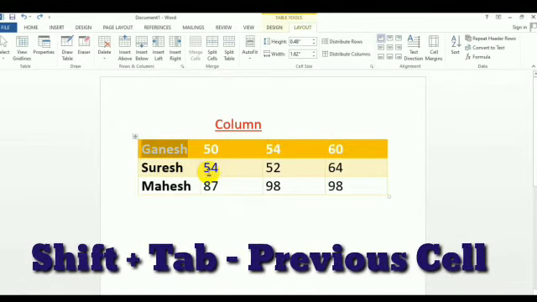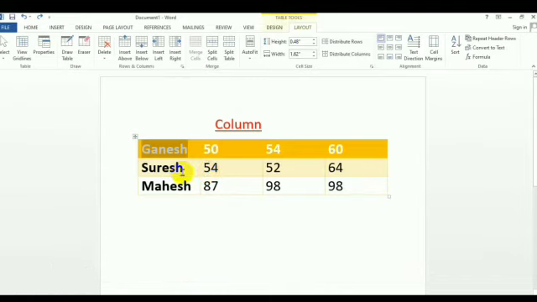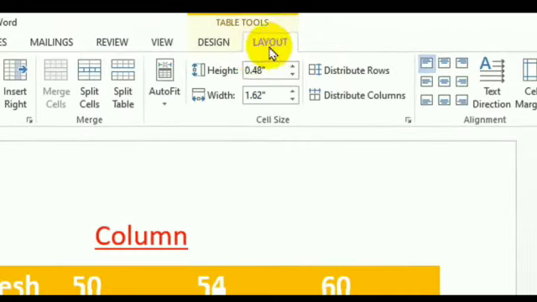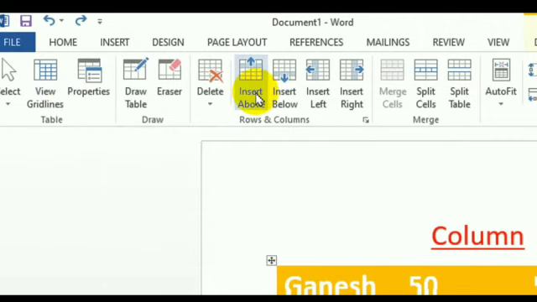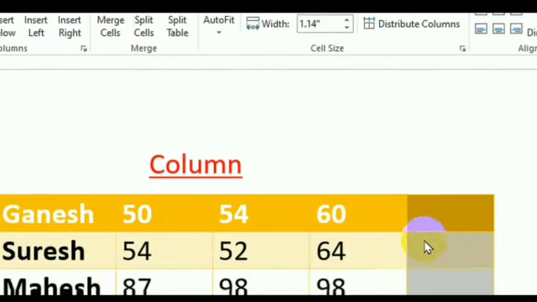So the Tab key is used to go forward to the next cell, and Shift plus Tab is used to move to the previous cell. Now see, we want to add an extra column. So how can we do that? In Layout there is the option Insert: insert above, insert below, left and right. So we want a column on our right side, so another column will be added here.